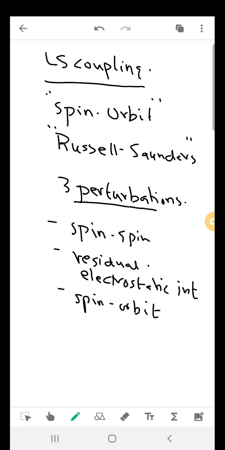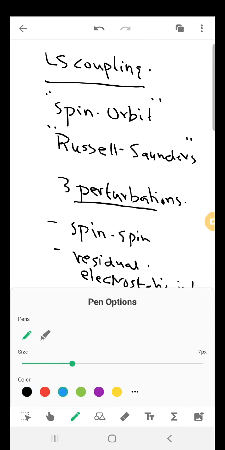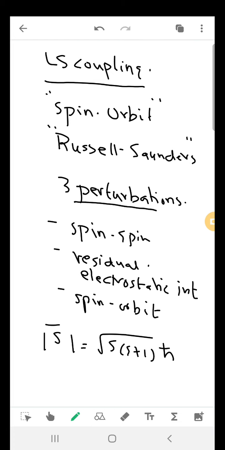A spin angular momentum will have a magnitude of root s into s plus 1 h cross, and is a constant of motion. Now this s value can take,